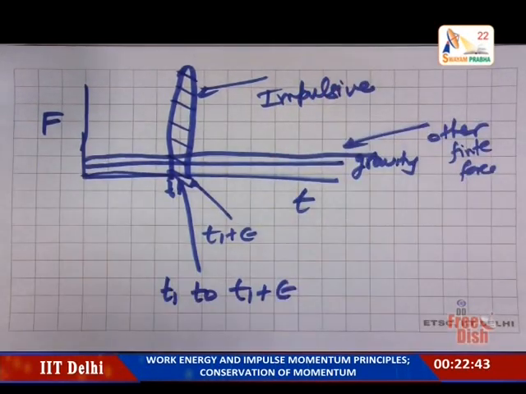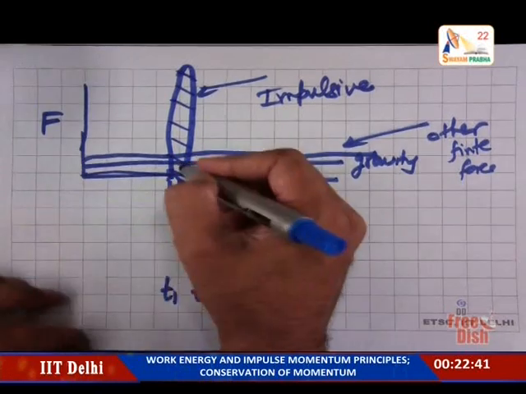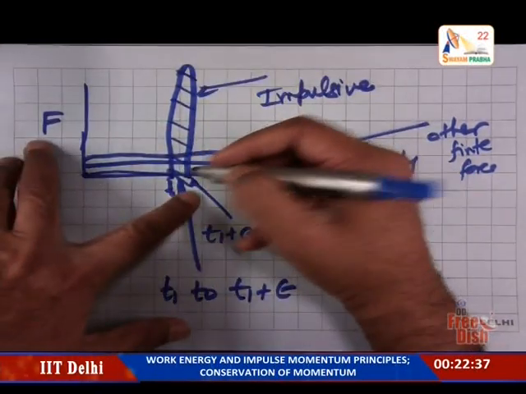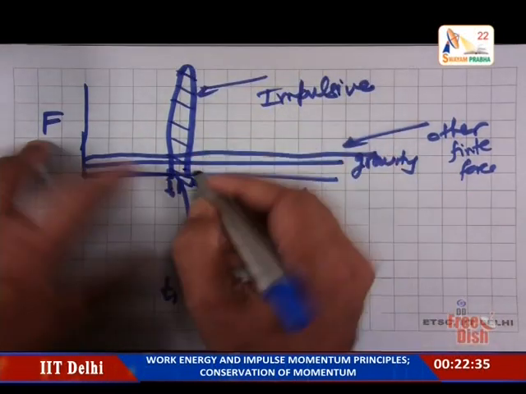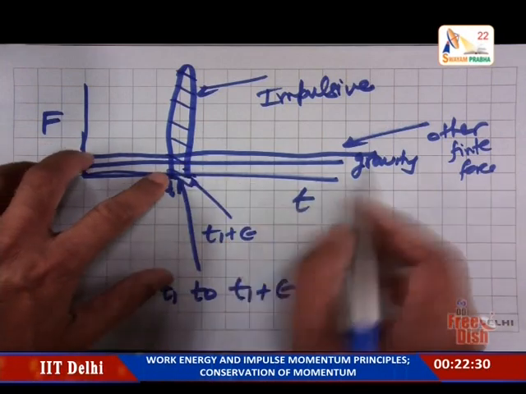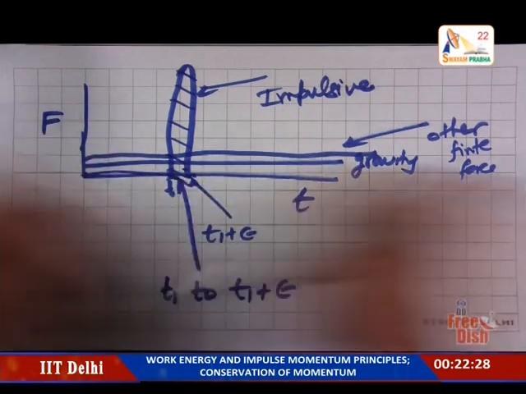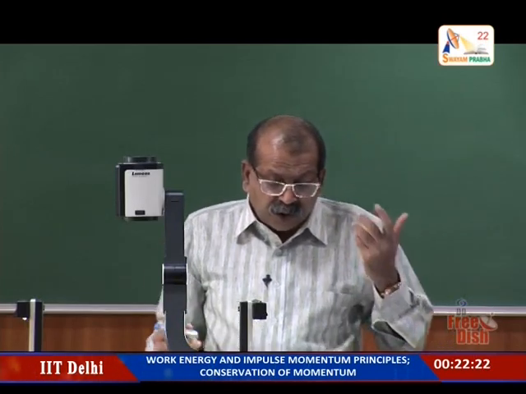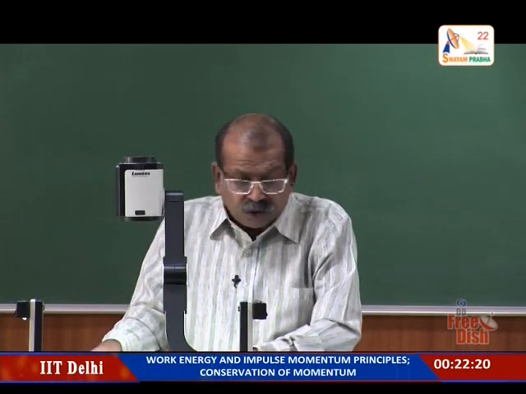We do not count the other effect, and this is very clear that if we look at the change in momentum, it is due to impulse. So, this area will be much larger during this interval epsilon than the areas by gravity and all, and as epsilon goes to 0, these other forces' impulse will go to 0. So, therefore, we just use this.